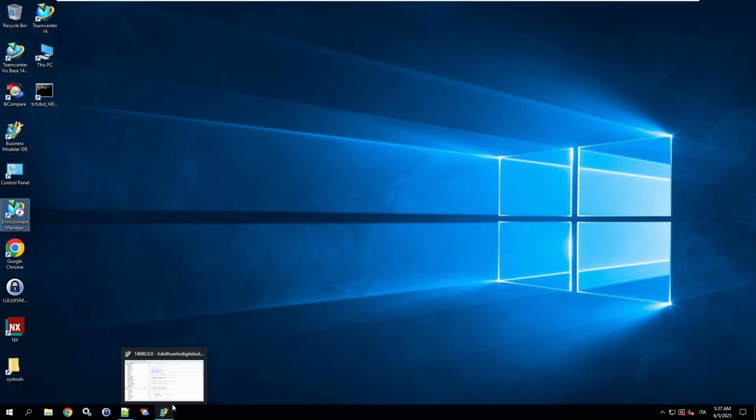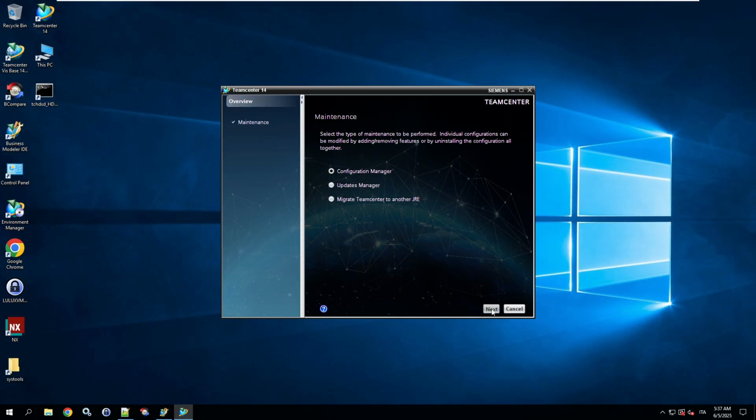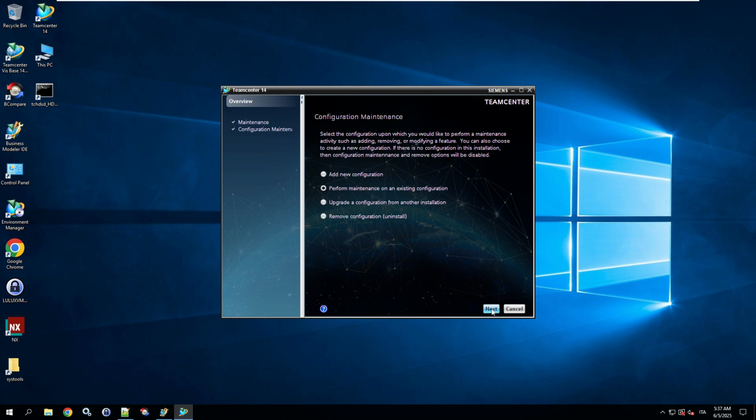Next, open the Environment Manager, select Perform Maintenance on an existing configuration, click Next, and choose Update Database, Full Model.